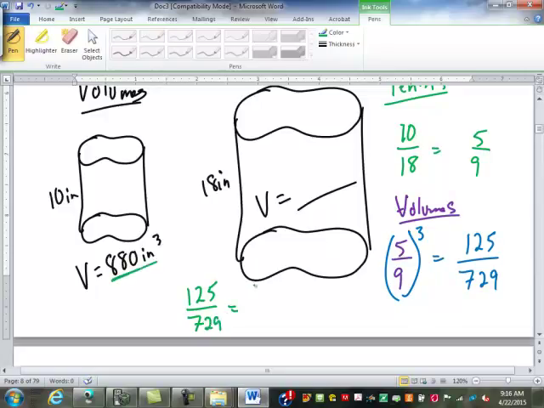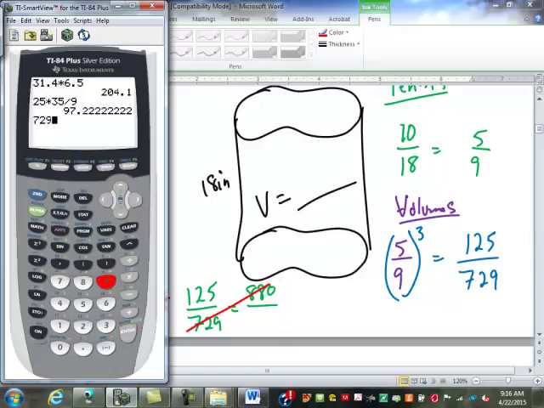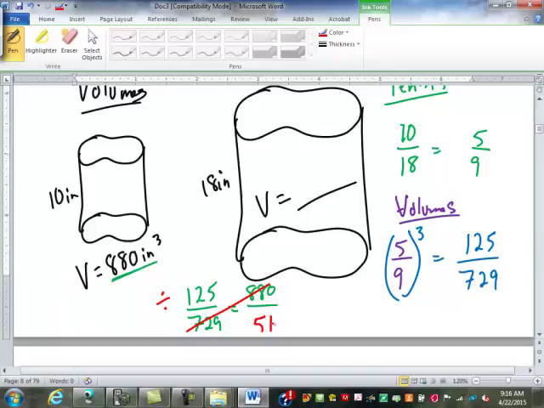The 880 goes with the smaller one. And we shall cross multiply and divide. So 729 times 880 divided by 125 is 5132.16 inches cubed. That is the volume. Pretty simple? Yeah? Okay. Well, we're going to cut